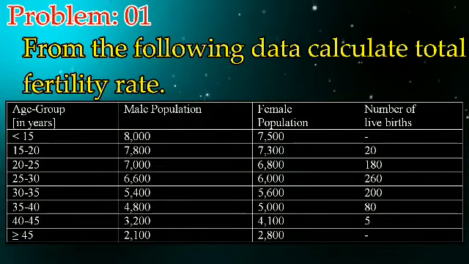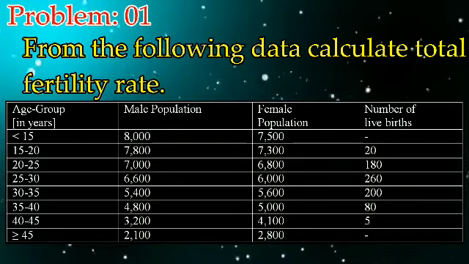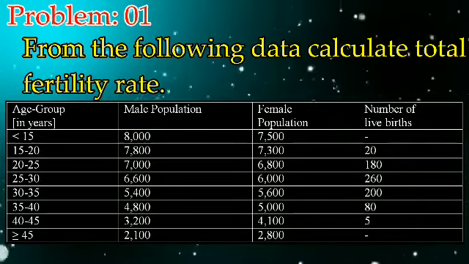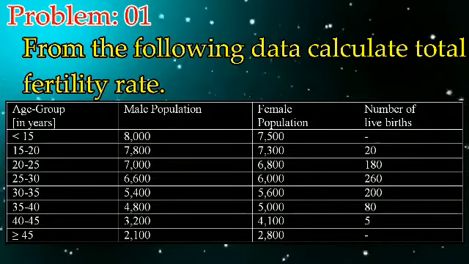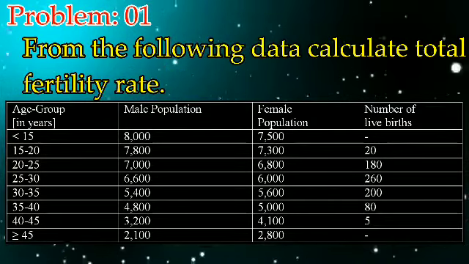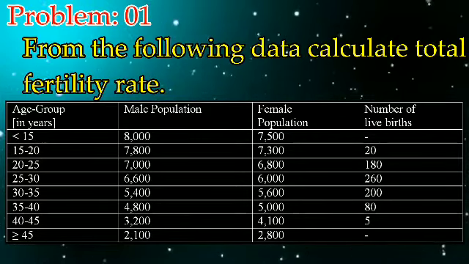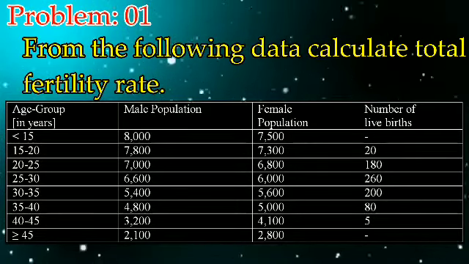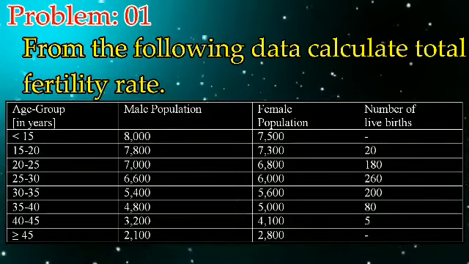So the difference is 5. In the next class, 20, 21, 22, 23 and 24. The difference is 5, whereas 25 is included in its succeeding class. So as you can see, the difference is 5. The width of the class interval is 5. So in order to find TFR, the formula is TFR equal to 5 into sigma quinquennial ASFR values.